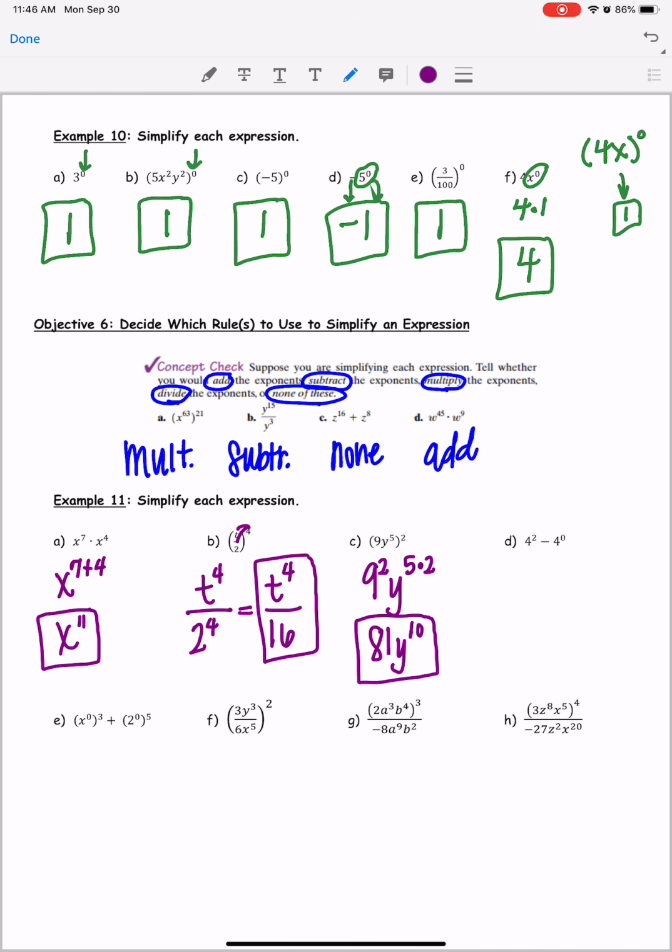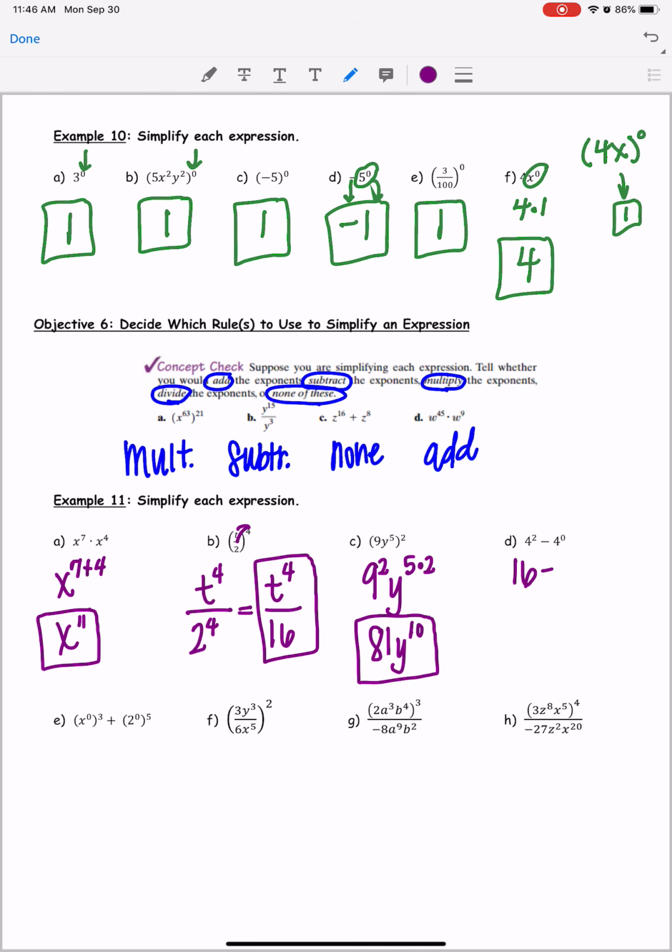All right, with this one here, you cannot subtract these exponents, right? The only time we're subtracting is when I am dividing. So therefore, evaluate both of these numbers. 4 squared is 16